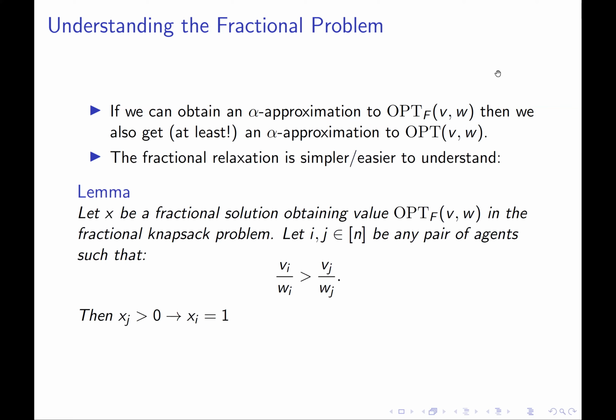And it's going to be easier for us to prove a theorem saying that we get objective value at least opt f over 2, even though that's a harder benchmark to compete against because opt f is larger. And the reason is because the optimal fractional solution has very simple structure. And in particular, this is going to be the key piece of structure. Okay, so let me explain this lemma and its implications, and then we'll prove it.